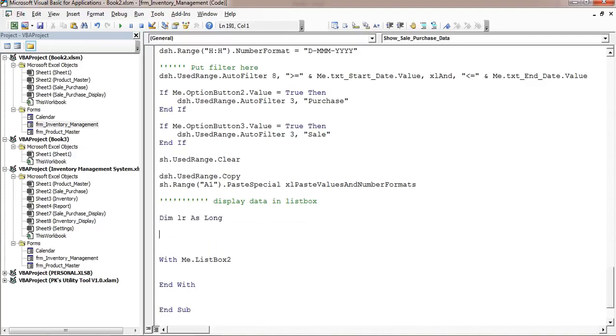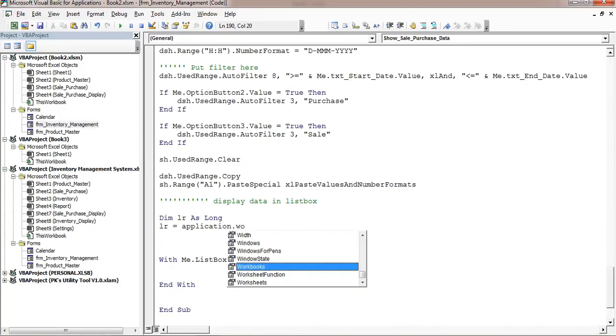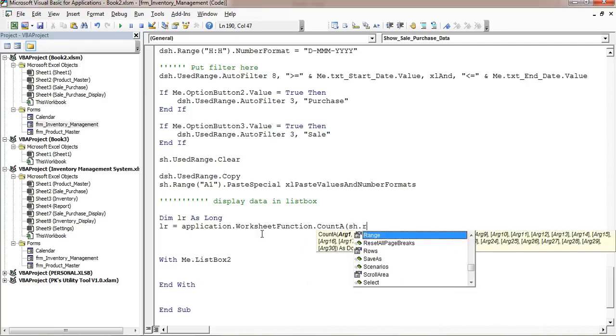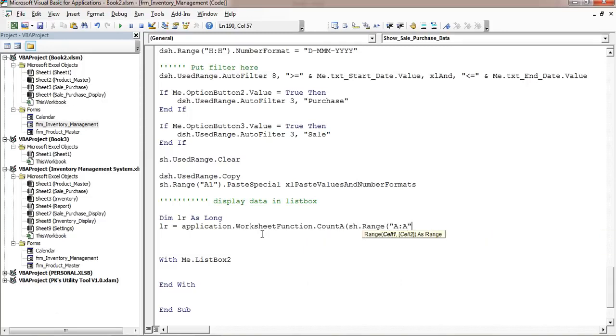So I'm taking here long. Then I'll take lr equal to Application.WorksheetFunction.CountA, and we will take SH.Range A:A. Right, so we have got the last row, and again we will put the similar condition: if lr equal to 1, then lr should be 2. That means our last row should be always 2 or greater than 2.